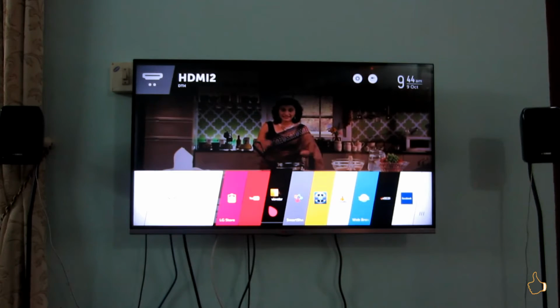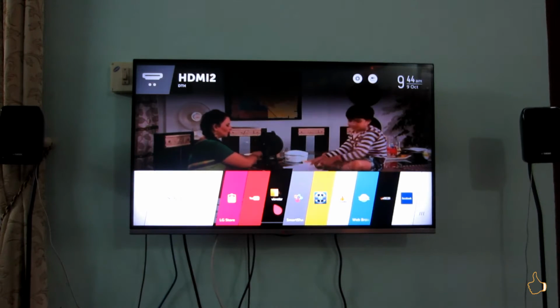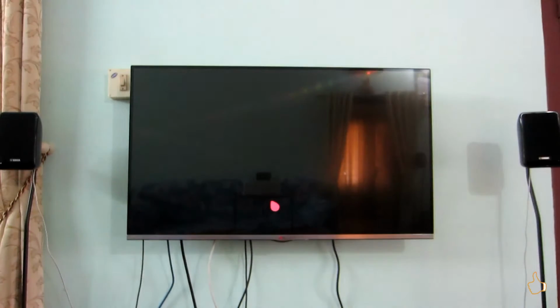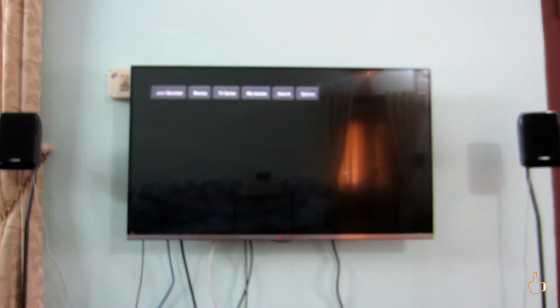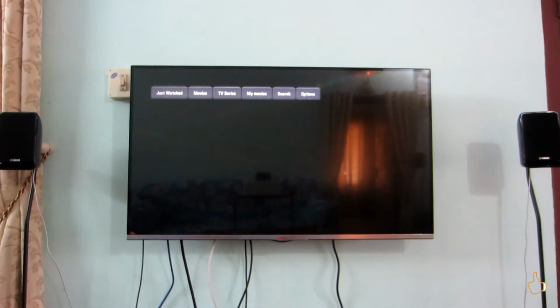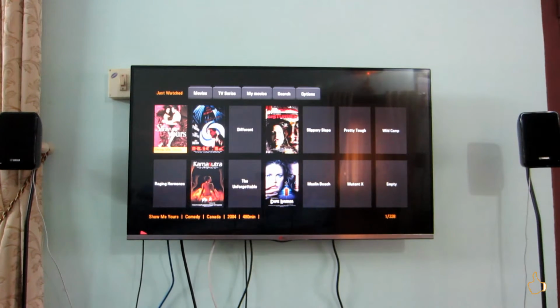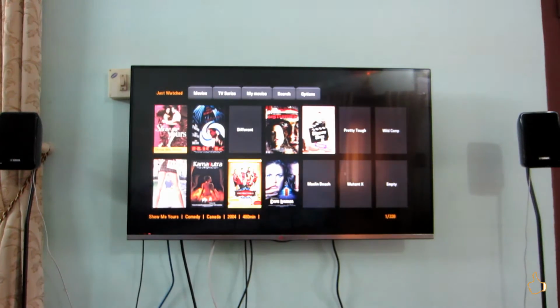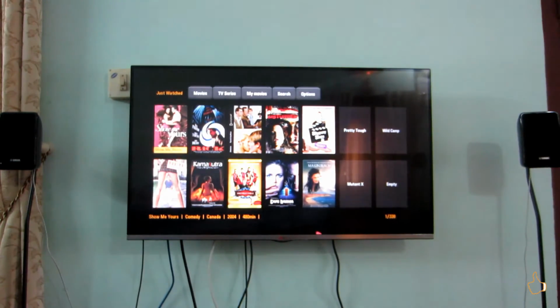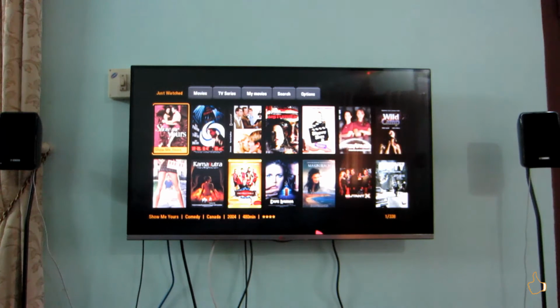Coming on to this particular application, this is actually a video on demand application. It means the main content available are movies and TV shows. As you could see here, it mainly consists of movies, TV shows, and then several relevant things, like you may search for some particular title. And this one supports voice search, so you may use voice search for searching and going through all the movies. For example, if you want to check for a particular show, you could use the voice search of the TV for this.